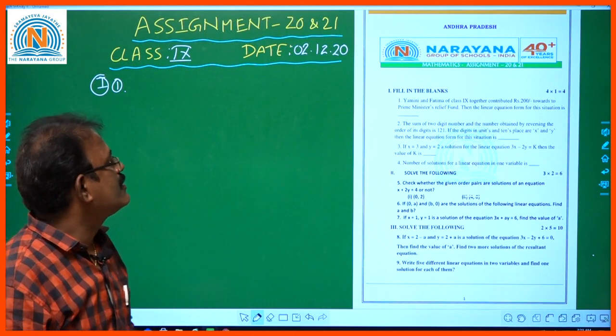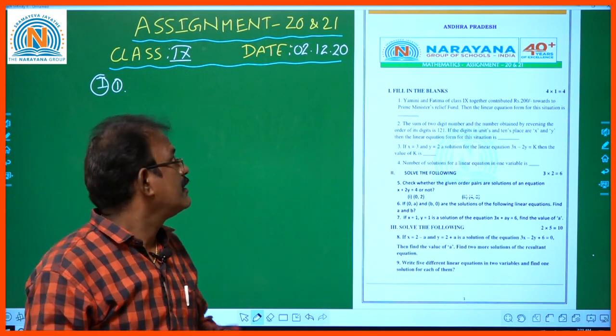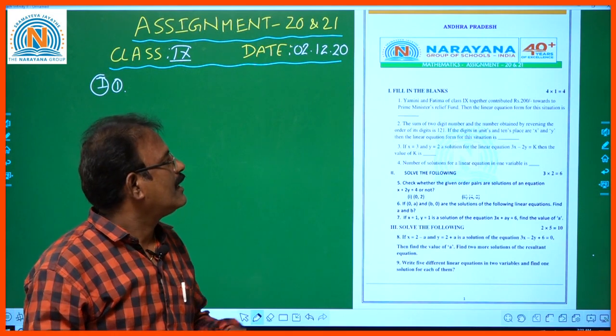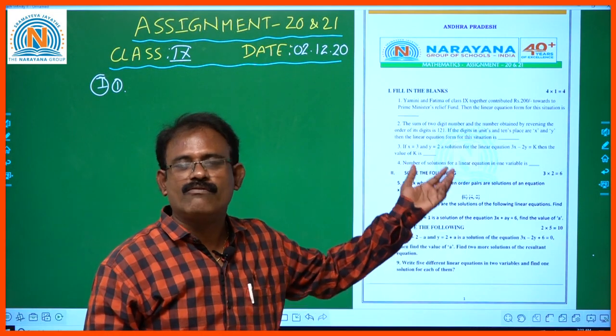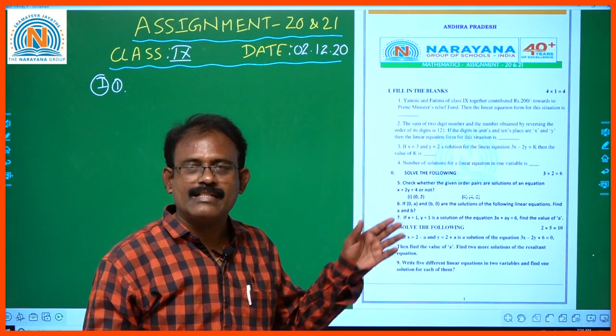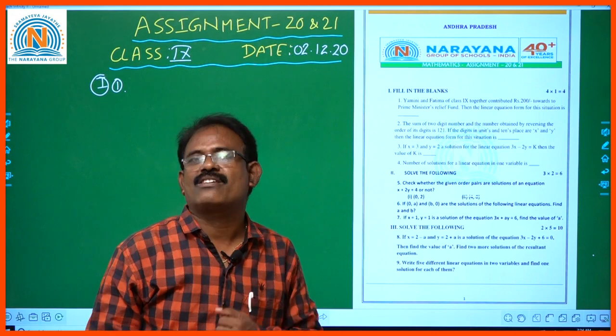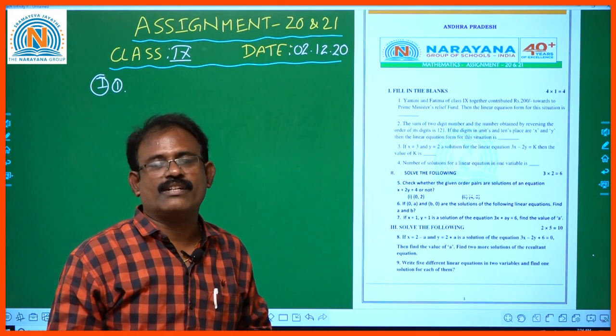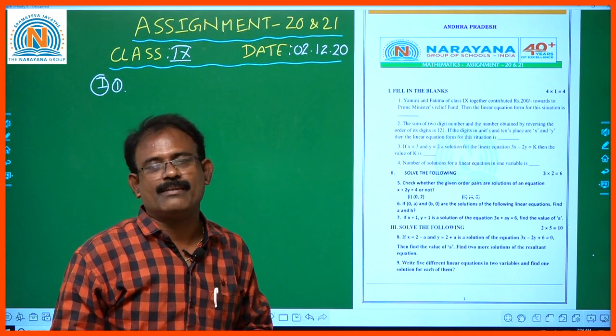Today we are going to discuss the 9th class 2nd December assignment numbers 20 and 21, children. If you see the model of this question paper, it consists of 1 mark questions, 2 mark questions and 5 mark questions in 3 Romans. So please come and join me for the explanation of the 9th class 20th and 21st assignment, second dated assignment, children.